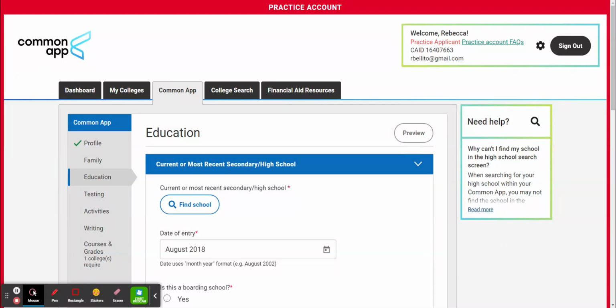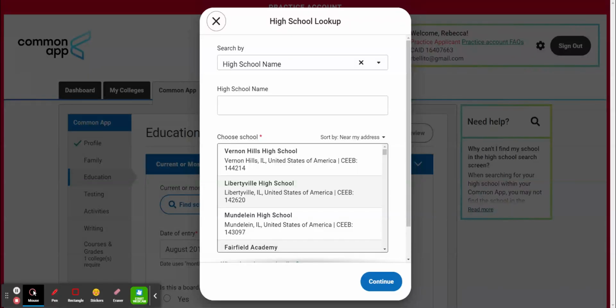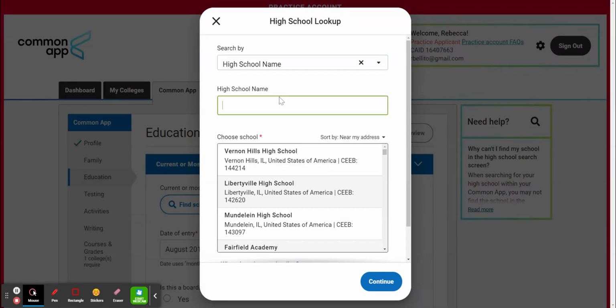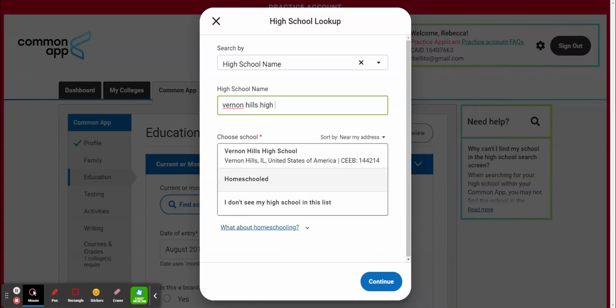We are now going to go through the education section of the Common App. The first thing you will need to do is find Vernon Hills High School. It has a Find School icon. You're going to click on that, and then you can search by city, country, or high school name. High school name is probably easiest. Start typing it in, and then you can select it once Vernon Hills High School pops up